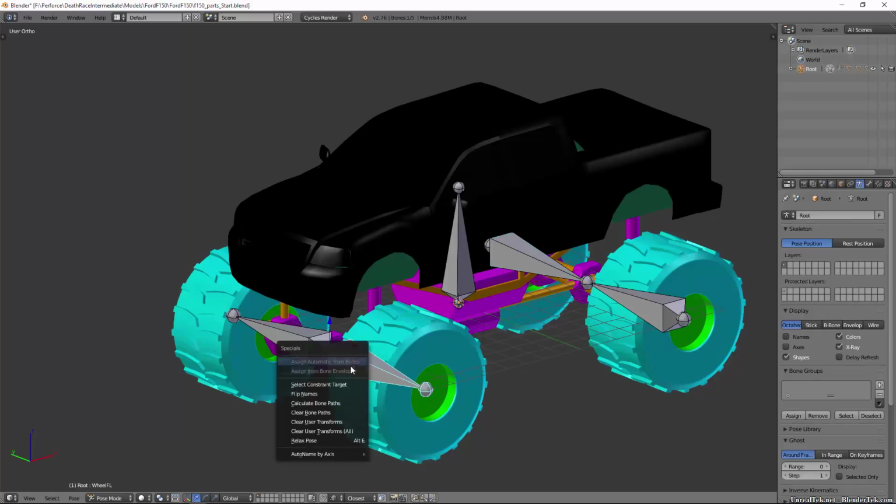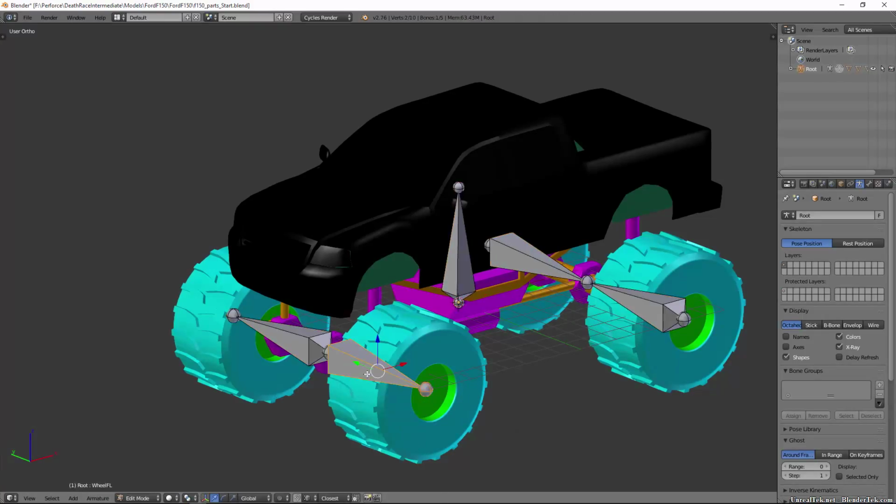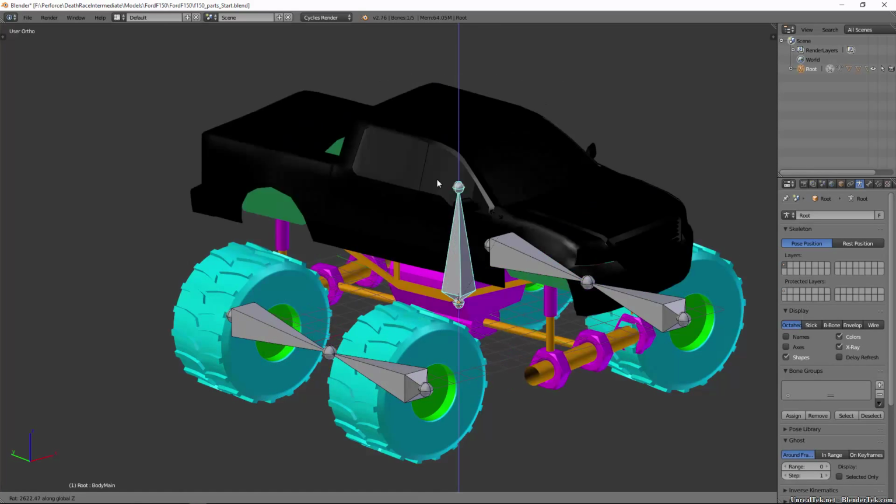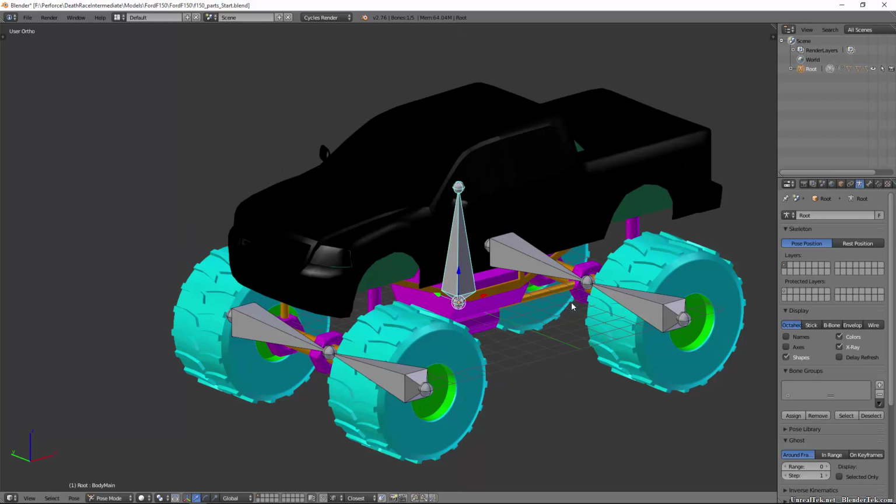We need to flip these bones. We have to do that in edit mode. Tab, W, switch directions. You can also hit Alt F. Alright, perfect. And of course this bone. Now, even though your truck shouldn't do that in real life, it's looking now a little bit cleaner. Alrighty, so,